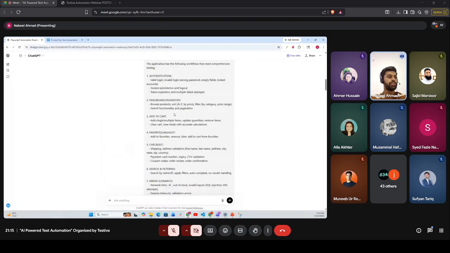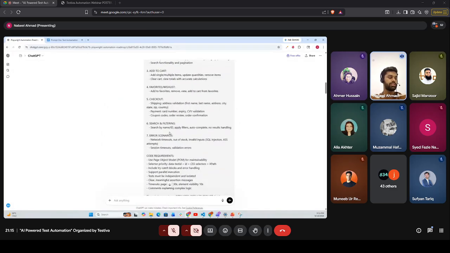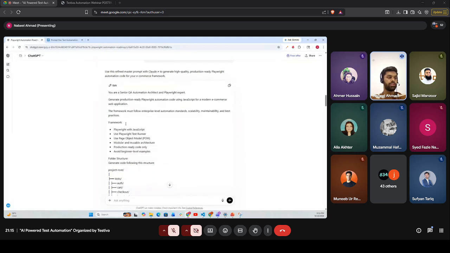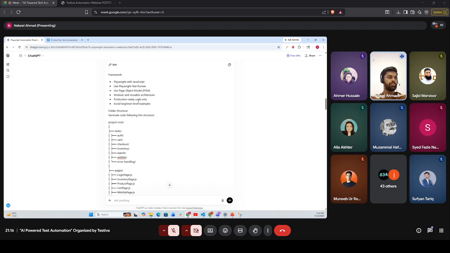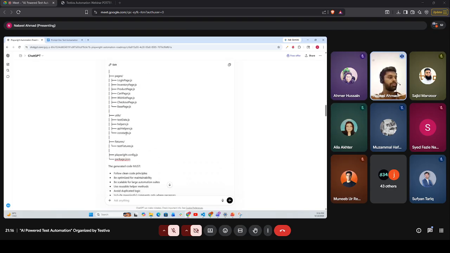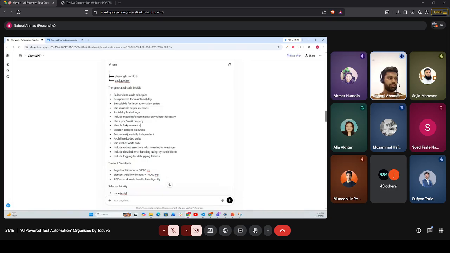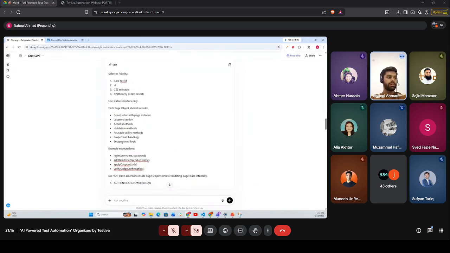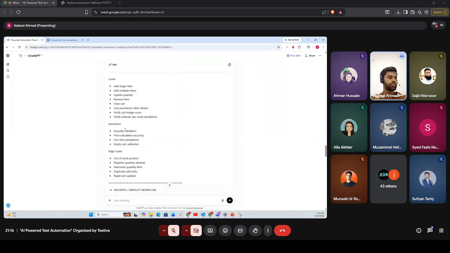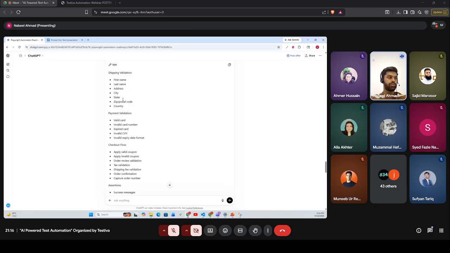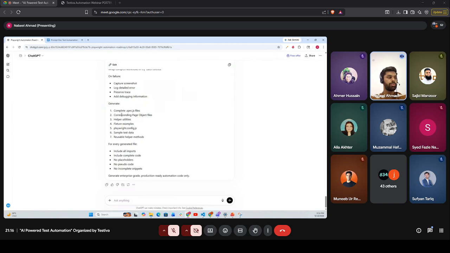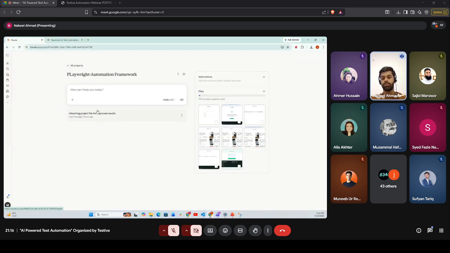So here I gave the prompt so that GPT gets all the knowledge from it, all the context that we are trying to create. Here it created the folder structure and framework that is needed. We will give this exact prompt to Claude for the usage of the automation framework. Here it has classified all the things so that we never have to give commands over and over again. So we will copy this exact prompt, and we will give it to our Claude.